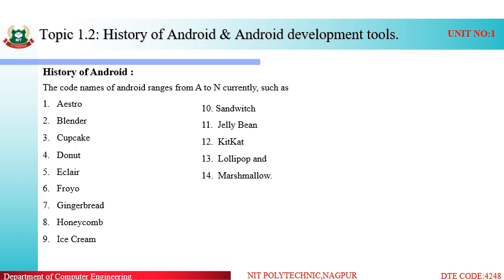Likewise we have updated the features of Android according to the changing technology and emerging trends. Currently we are using the latest, that is Marshmallow version of Android in our mobile phones.